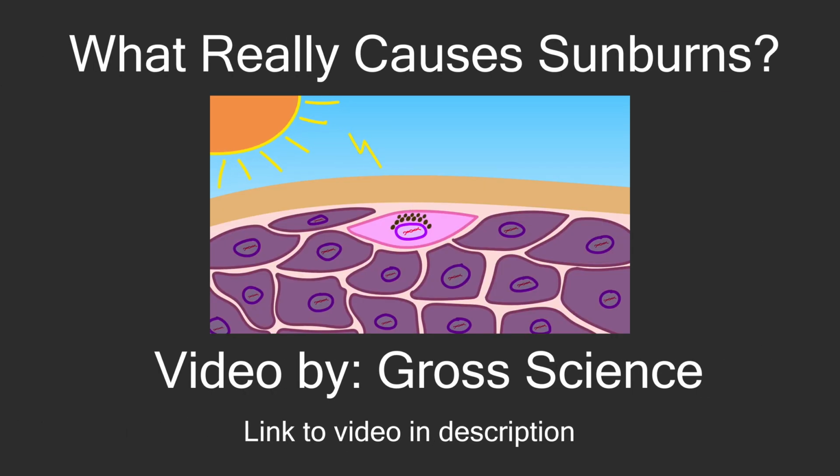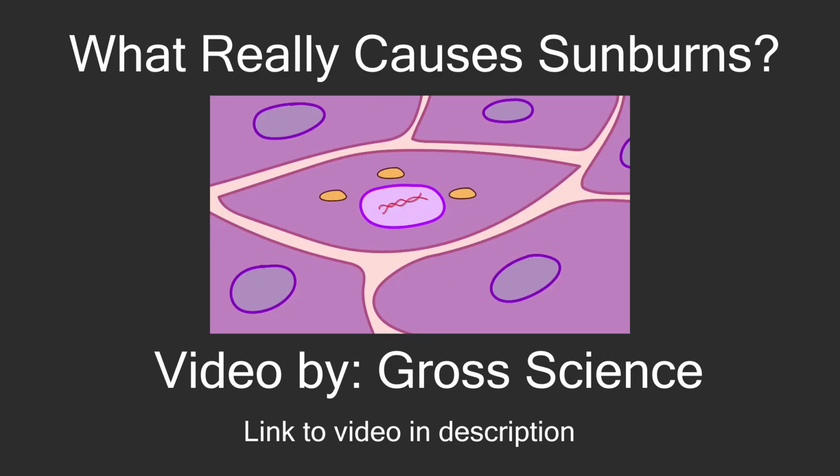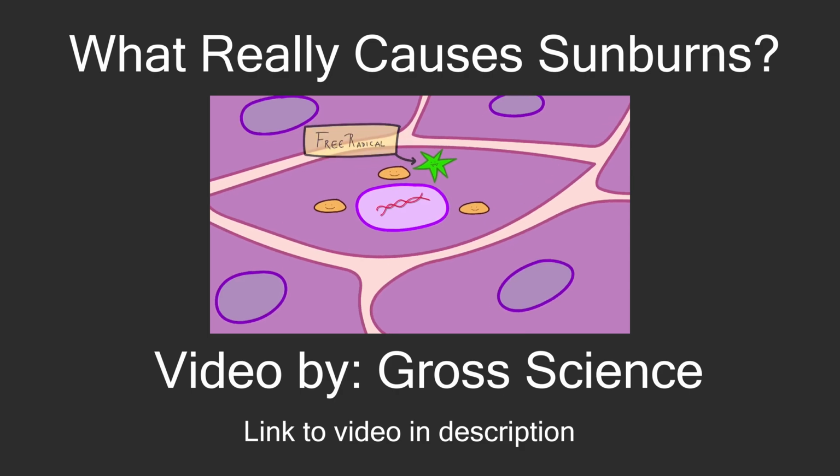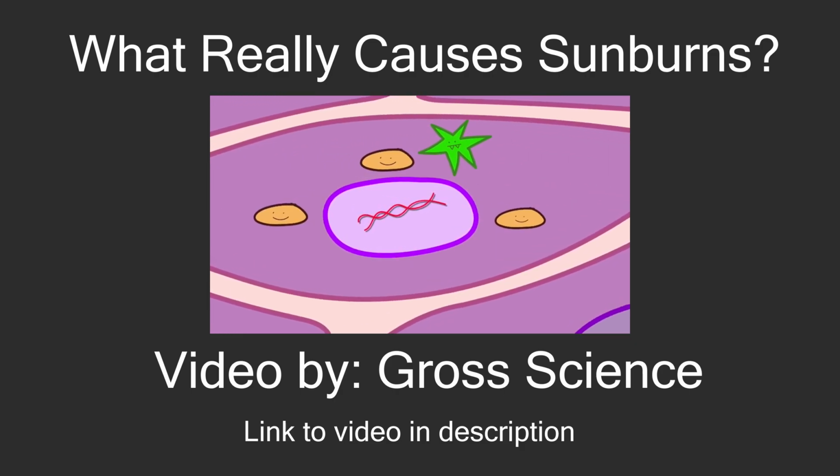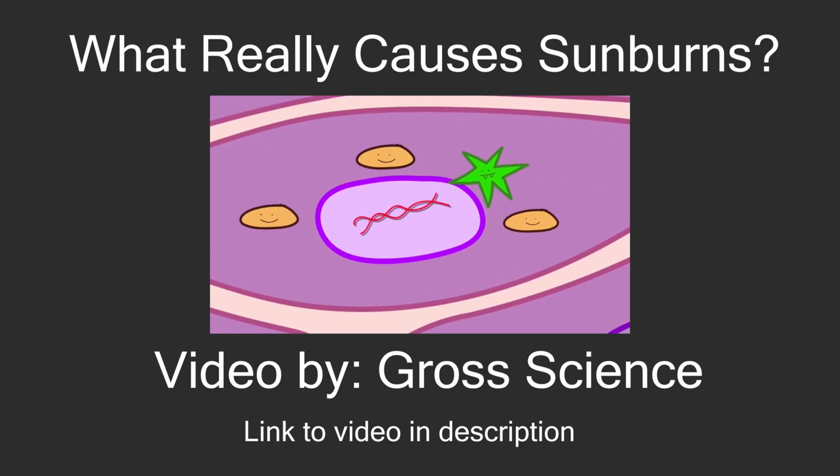As UV light hits the skin, special cells called melanocytes release melanin. When the melanin is released, it causes your skin to become a darker color, and that's what makes you tan. But when there's too much UV light, the melanin can't handle it, and it creates what's called a free radical. The free radical goes around and it actually damages DNA, and the resulting inflammation and pain is what we call